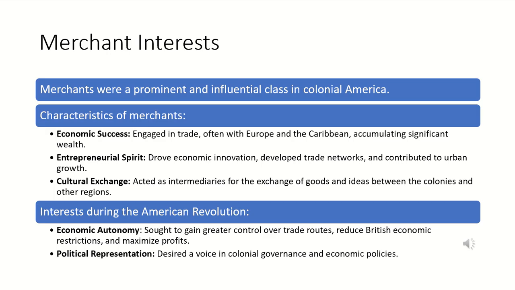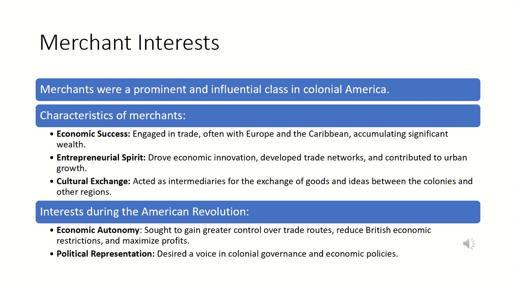Merchants in colonial America formed a vital and influential class, shaping both the colonial economy and political landscape. These individuals were characterized by their economic success, engaging in trade both domestically and internationally. Their activities generated substantial wealth. Merchants exhibited an entrepreneurial spirit, pioneering new trade routes, developing networks, and contributing to the growth of colonial cities and ports. They played a critical role in cultural exchange, facilitating the flow of goods and ideas between the colonies